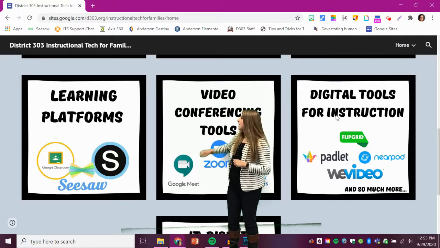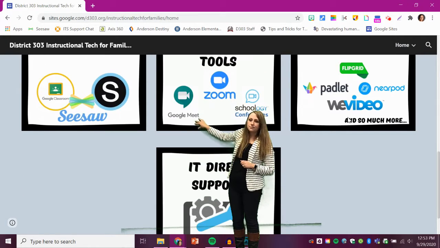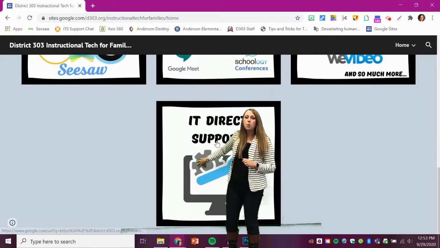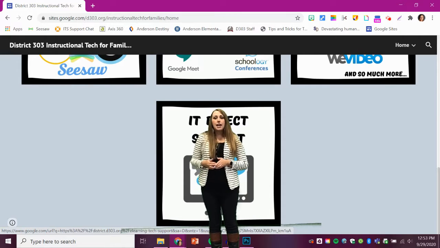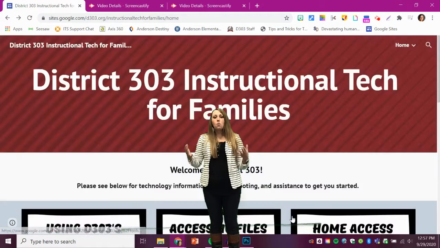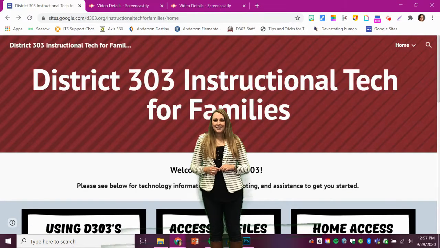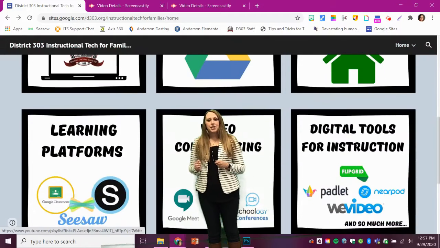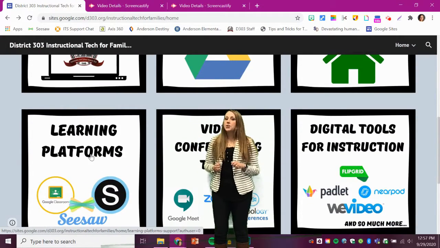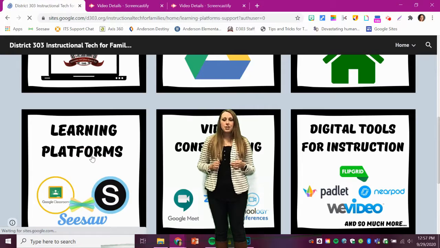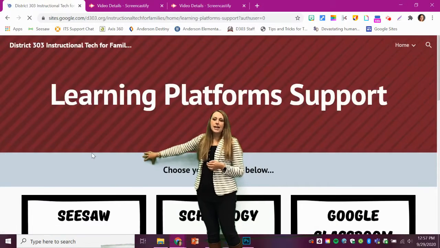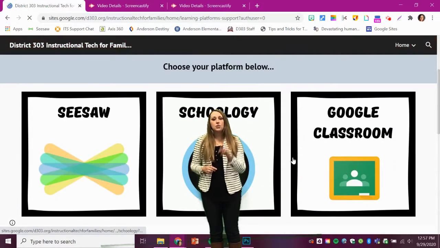Now finally, if we can scroll down just a little bit more, here is where we can find support for tech. So if you are having issues with technology at home, this is where they can guide you through what to do to fix that technology. As I mentioned, I'd like to dig a little bit deeper into those learning platforms that are available for students to use. So if we scroll down and go ahead and click on learning platforms, you'll notice that the district